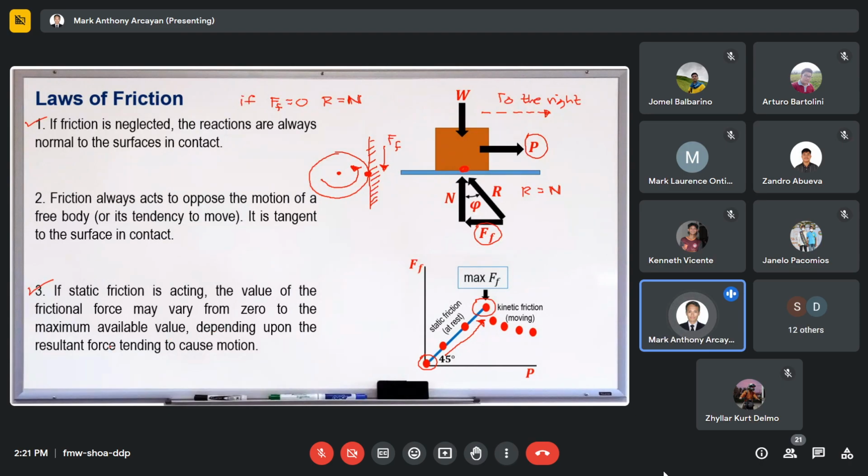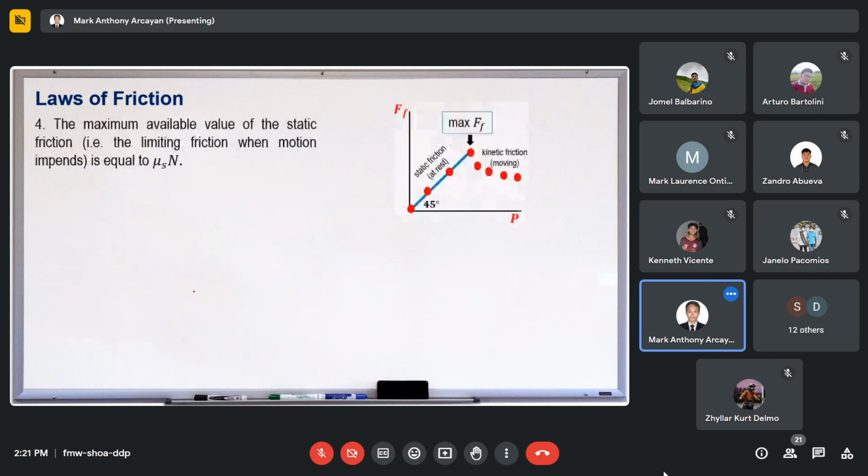Then depending upon the resultant force tending to cause the motion. So that's when your resultant force, or your applied force, becomes large to the point that you can overcome the maximum friction, then your object will move. Okay, the maximum available value of the static friction, also known as the limiting friction when motion impends, is